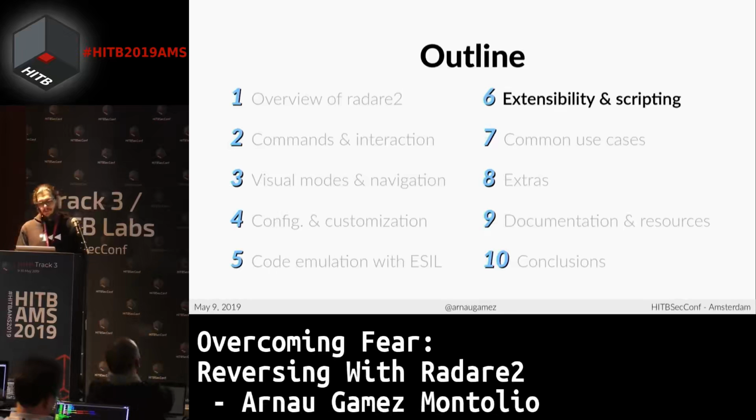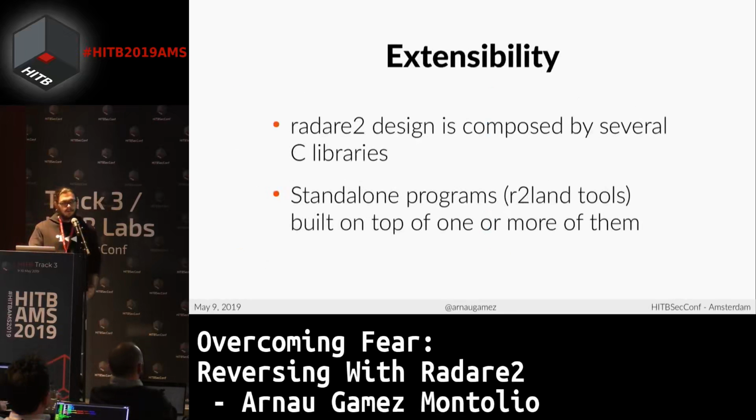So, to extensibility and scripting, and I'll go really quick with that. As I previously mentioned, Radare2's design is composed of several C libraries that are made with no third-party dependencies, and each library can be built into your project, or only some of them, as you prefer. One of the main use cases of that, and the practical approach, is those standalone programs that I told you before: Rabin to extract information, Rax for the base converters, Rasm for the assembler and disassembler, are just standalone programs using each one of those libraries, or two or more of them, depending on the